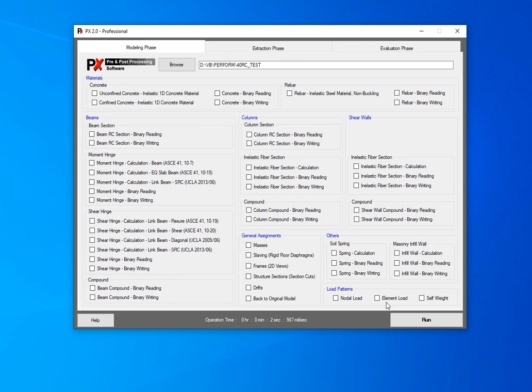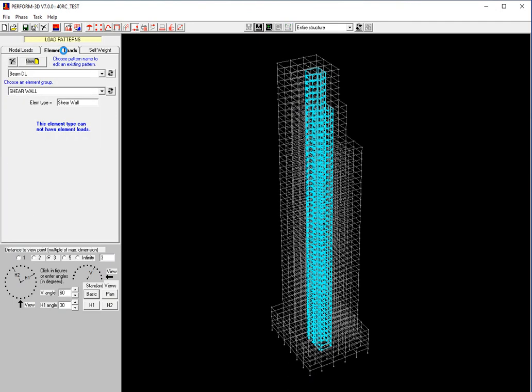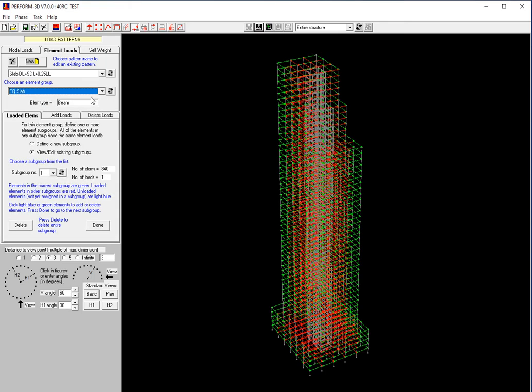The one that I would like to show you is the element load. Back to see the load that is assigned in Perform first. The element load in the original Perform has a load case. I will go to the last one and go to this element group, equivalent slab beam.